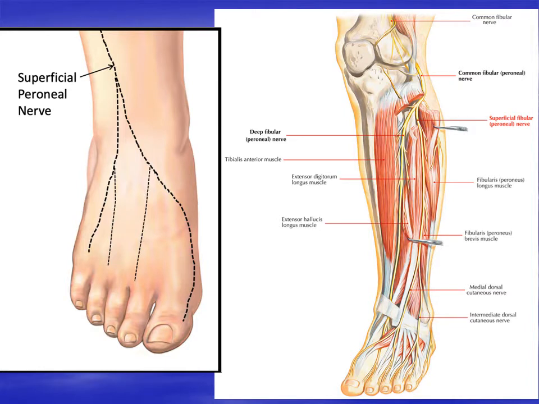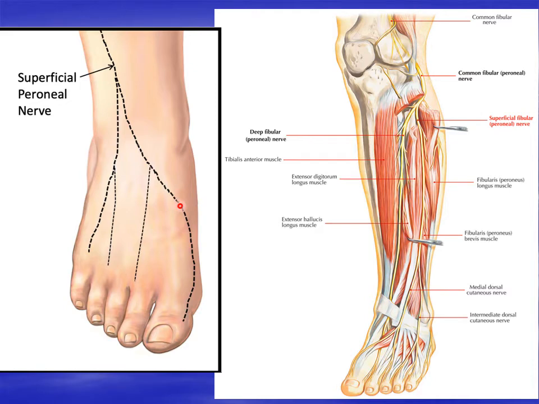The superficial peroneal nerve again descends in the lateral compartment between the peroneus longus and brevis and then pierces the deep fascia to descend in the superficial fascia, and then in the lower part of the leg it terminates by dividing into medial and lateral branches, and these two branches descend superficial to the extensor retinaculum to enter the dorsum of the foot. And here these are the two terminal branches of the superficial peroneal nerve, and each one divides into two